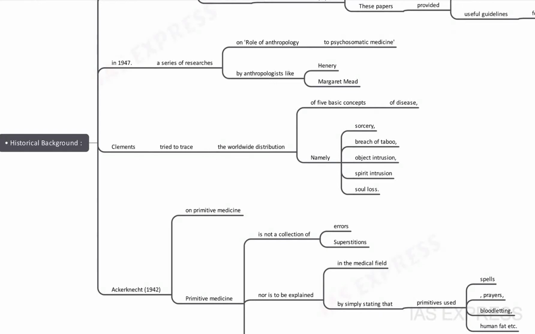Then the diagnosis or the treatment of such diseases in such primitive societies is done by traditional medicines, as a counter magic or a counter sorcery. Then we have the second thing, that is your breach of taboo. Okay. There is something called voodoo death,